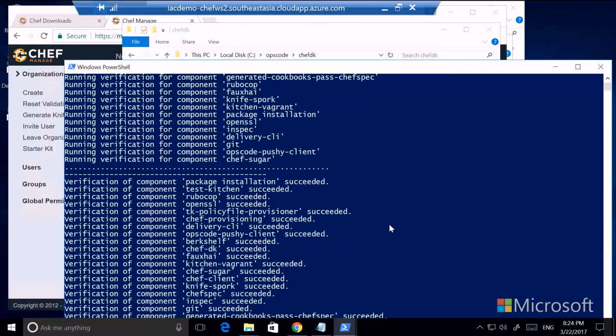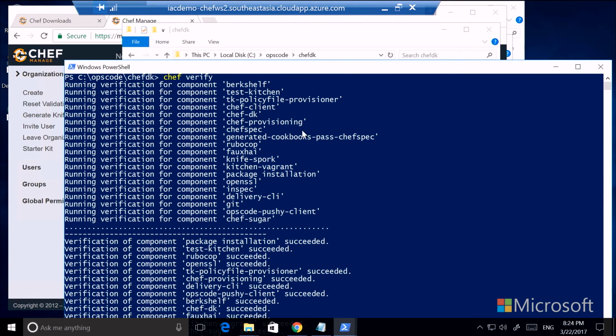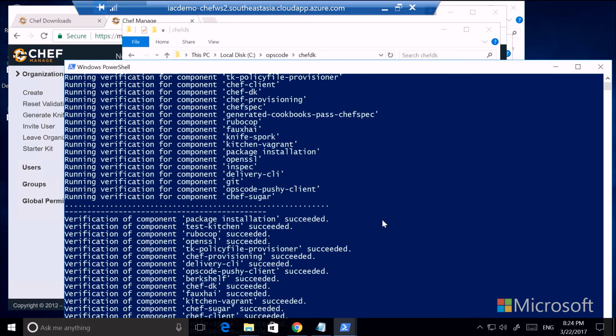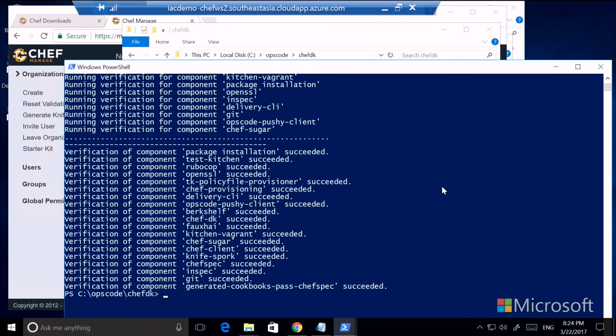Awesome. So the verification's all good. It's all green. As you can see on the screen here, it's validated every component that Chef relies on for its setup. You kind of think Chef's really gone out on cooking quite a bit here. They've got Chef Client, they've got Knife, they've got Sugar, a Chef Sugar, and the whole thing's built around that concept of cooking. Funny enough, the marketplace where you can download the configuration files to set up your nodes with is called Supermarket. No surprise. All right, so now that the setup's good,